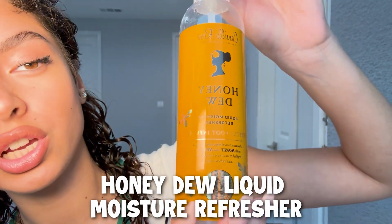So as you can see, this side needs a bit more water, so I'm just going to keep spraying this side with some water, and then obviously start from the bottom and then brush up. That way you're not damaging your hair as much and it brings in moisture, as you can see. Perfect. While I'm doing that, I'm also gonna go in with this Honeydew Camel Rose Refreshing Moisturizer. I do a couple of sprays on each side, and then again, I'm gonna brush this product in. Same process with the hand, pull away. Same side with the hand, pull away, and then you just scrunch